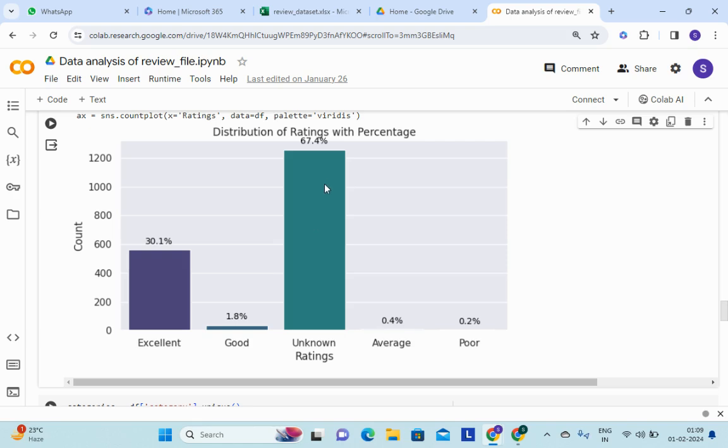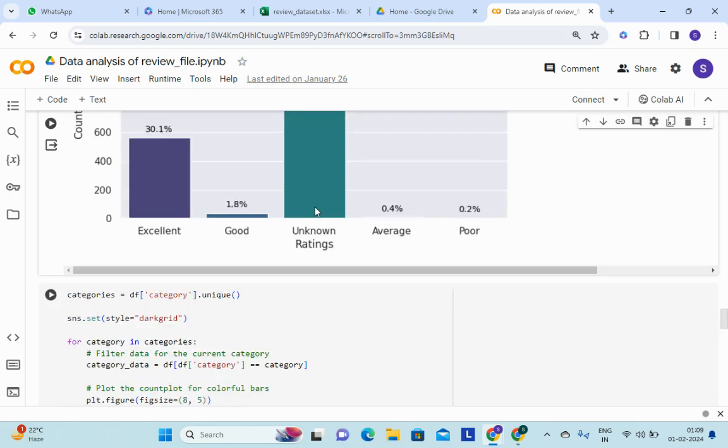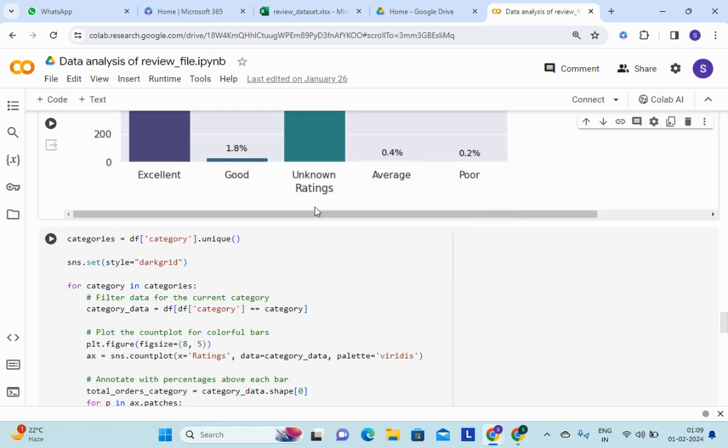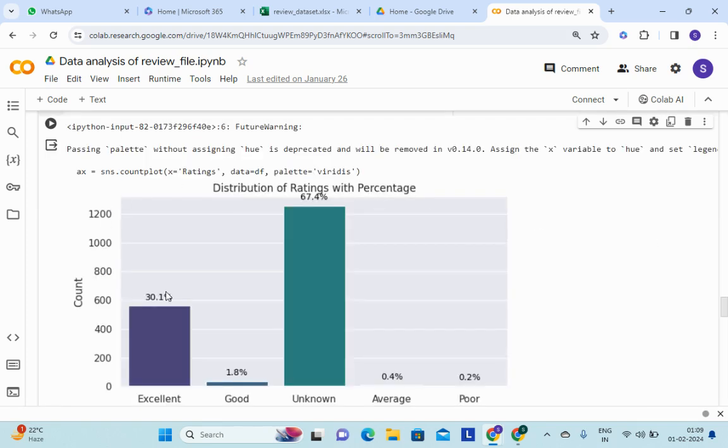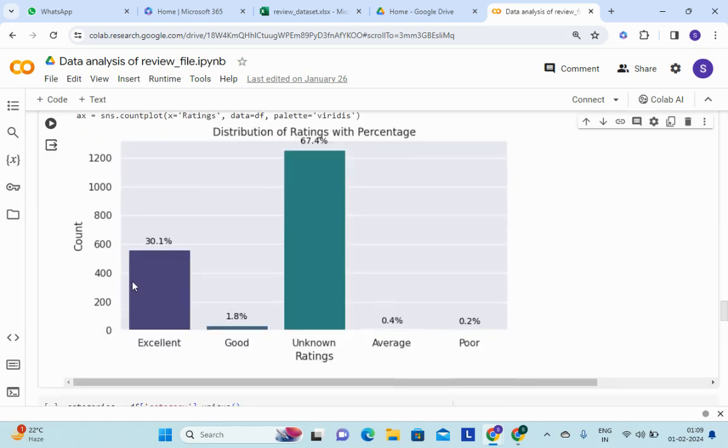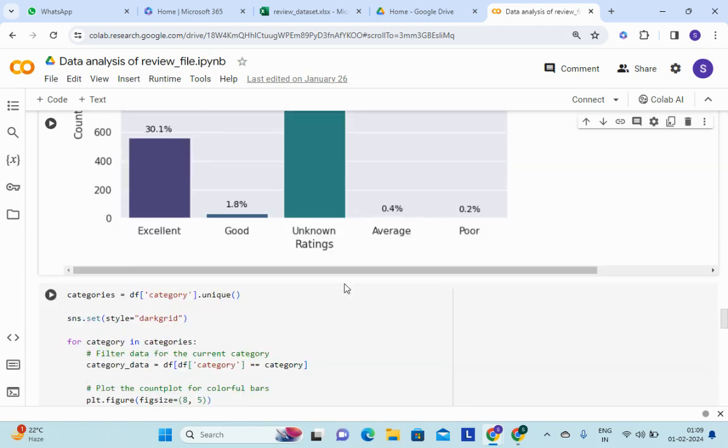So that is very much concerning, because unless we get more information, we will not have a clear understanding of how it is going on and how the business can be improved. Since that was the only overall review distribution from the dataset, now what I have done,